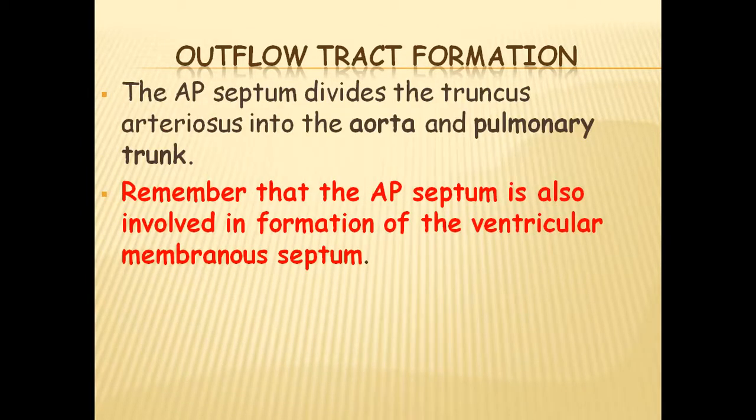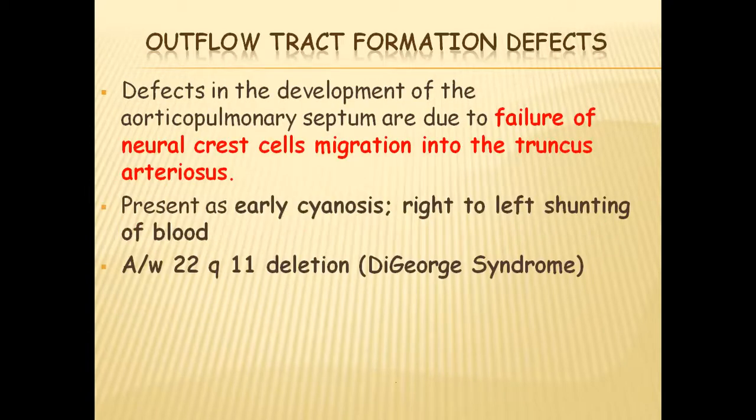In the next slide, the aorticopulmonary septum divides the truncus arteriosus into the aorta and pulmonary trunk. Remember that the aorticopulmonary septum is also involved in the formation of the membranous part of the ventricular septum. On the next slide, if there are any defects in the development of the aorticopulmonary septum, which are normally due to failure of neural crest cell migration into the truncus arteriosus, it normally presents as early cyanosis because of the right to left